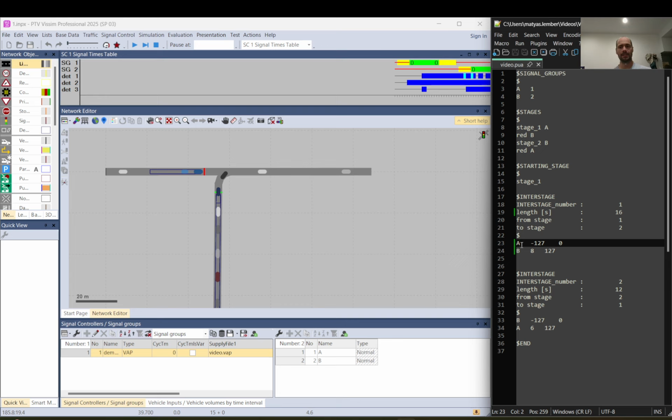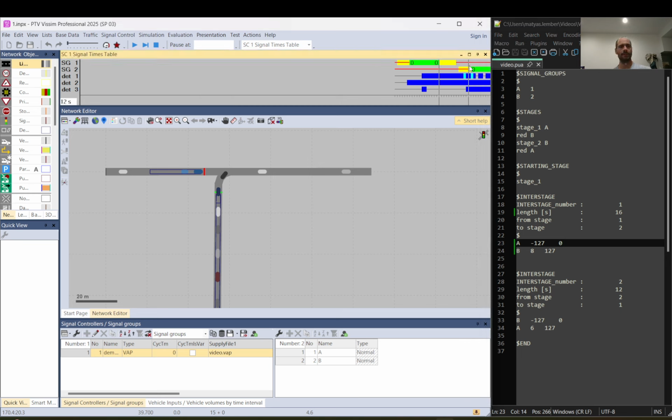So if you don't list a signal group here, that will remain. It tells Vissim what to change and how. So our intergreen or interstage will start at 0 here, and will be 16 seconds long. And in this 16 seconds, you see that the green time you include is